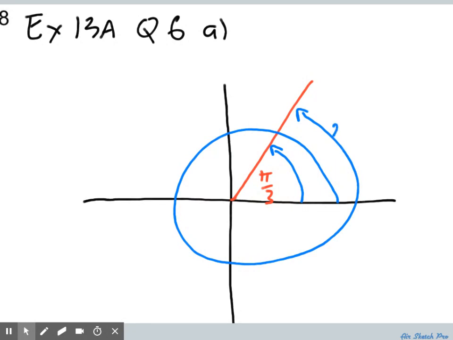Oops, sorry, that's dumb. I meant to say 2 pi plus pi on 3, which would be 7 pi on 3. And then if I'm looking for a third angle, then I could go,